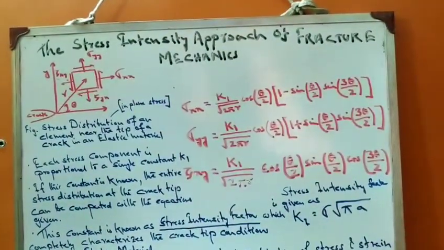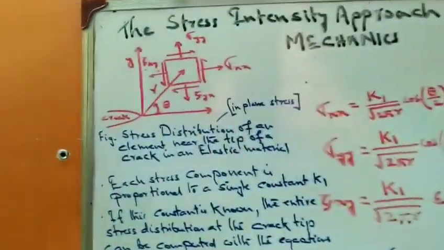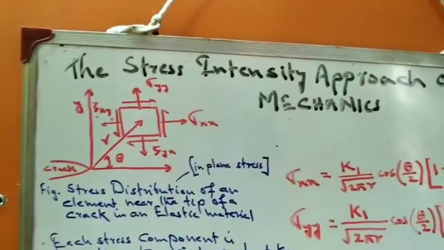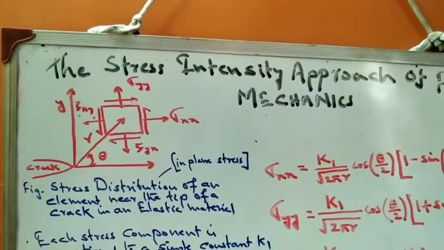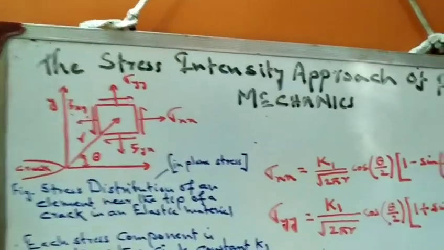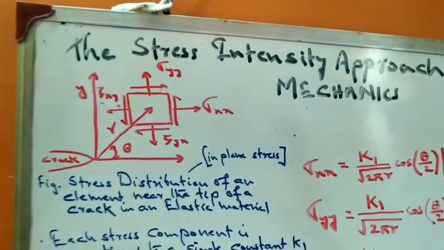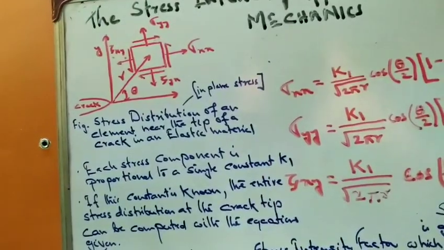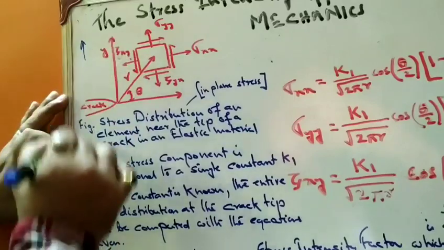See the stress intensity approach. Now you could see a figure is given. The figure represents the stress distribution of an element near the crack tip of a crack in an elastic material. So the material is basically a linear elastic material, and over here forces are applied in both directions. So if remote forces are applied in both directions,